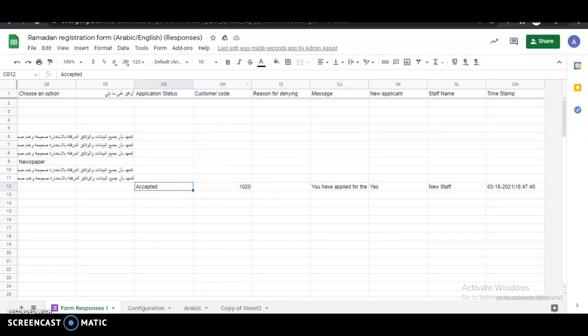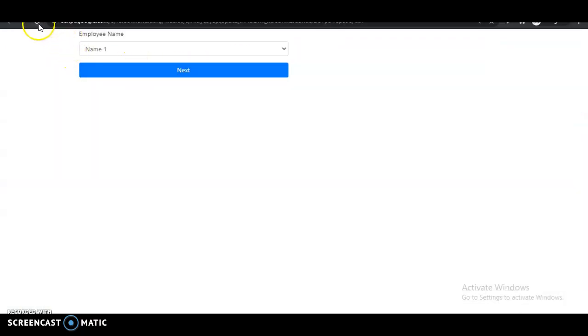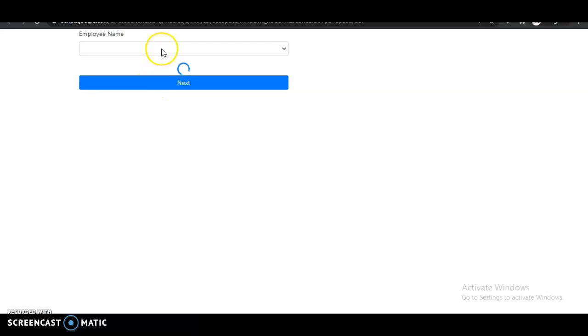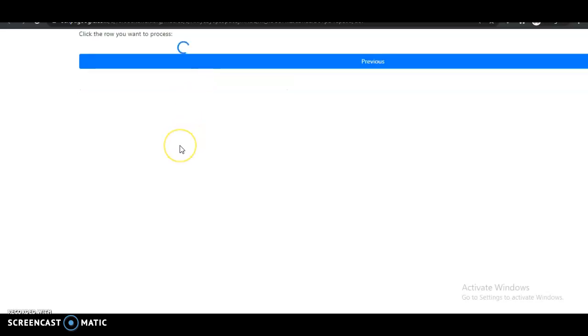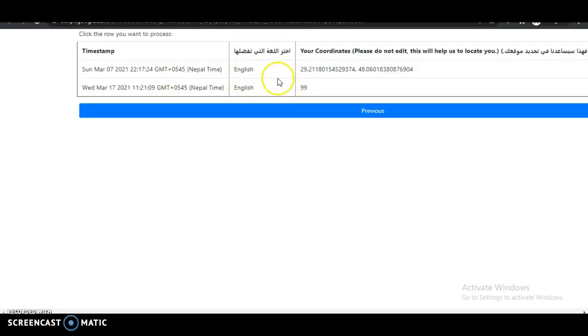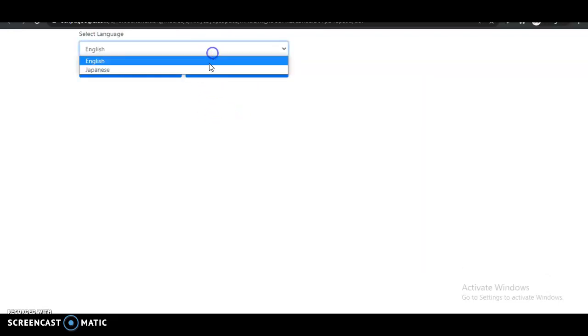And if I refresh this sheet and one more time select the language as English, you can see that the row which I just processed does not appear over here anymore. So it gives you data privacy, and it is also user friendly, much easier to edit from here